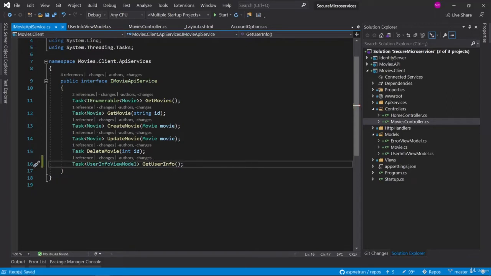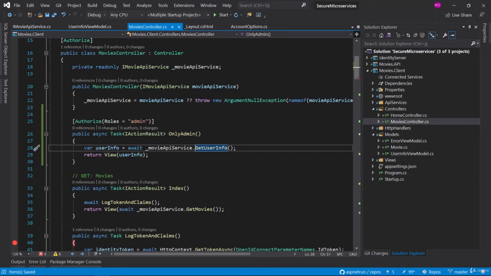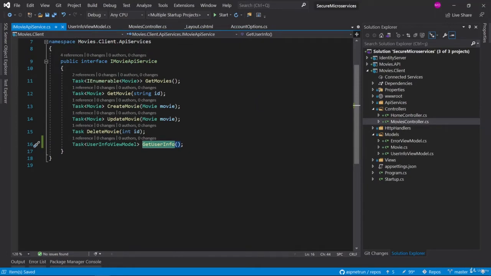We are expecting that the interface has a get user info, and this will return a user info view model response. So it is used by our movies controller, returning the view model, and this view model returns the page.